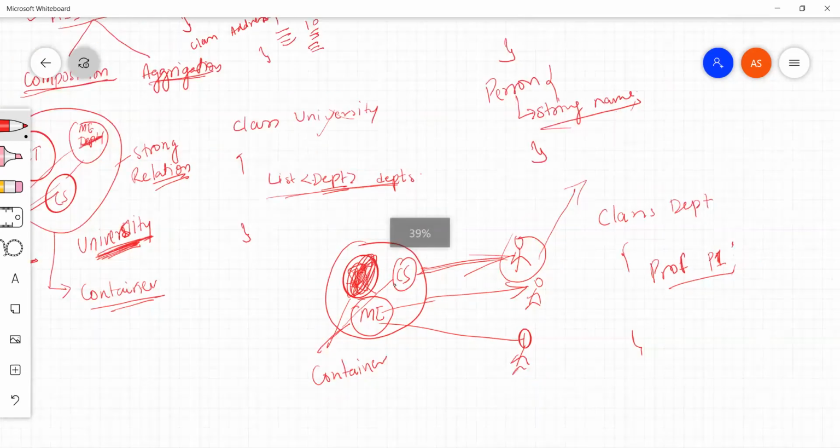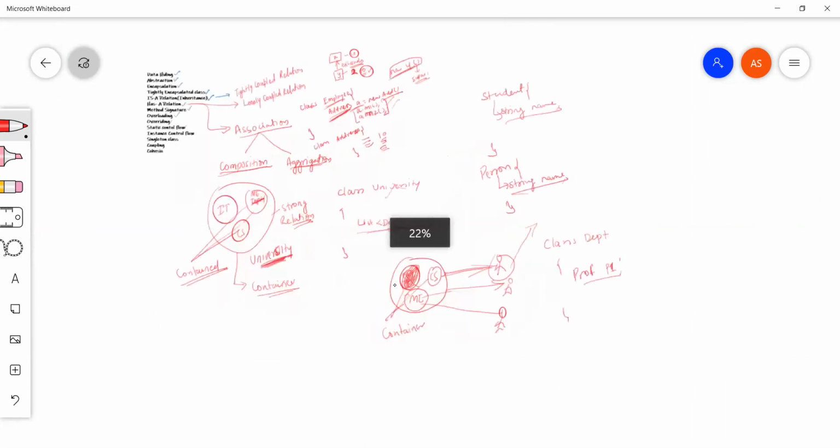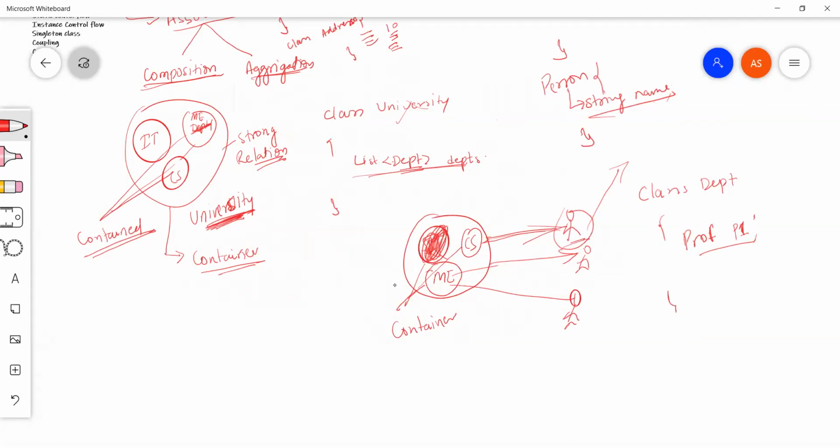Earlier, university was an object or container in which we had objects of department, but here the professor object is outside, not inside the object itself. So we can say it's a loosely coupled relation.